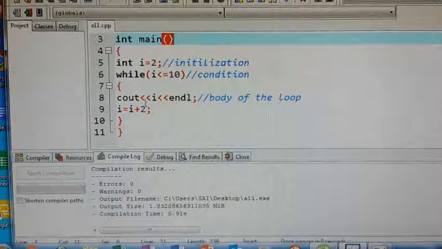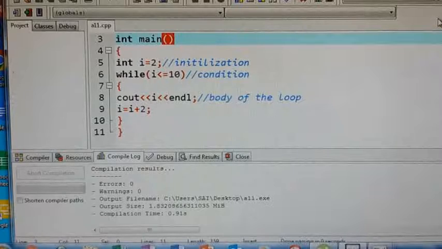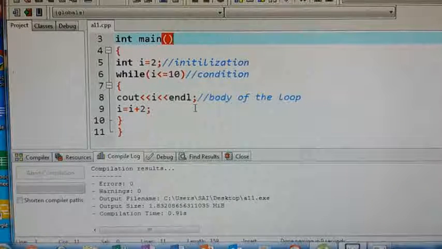You can implement a condition also in this. Okay, when I explain the jumping statements, at that time I will explain again how you can use a jumping statement inside a while loop. So this is one form of loop, and this is an entry control loop. Under entry control loop, this is the first form, that is the while loop. And the next one is the for loop, that we'll discuss now.